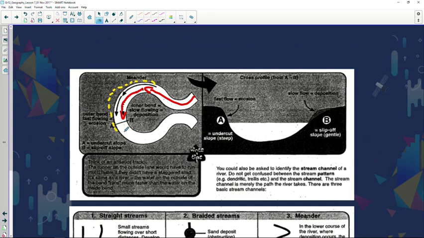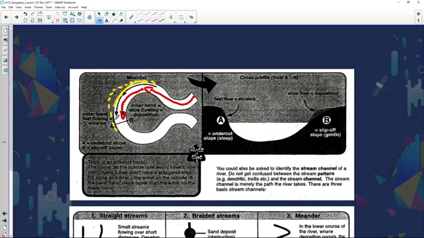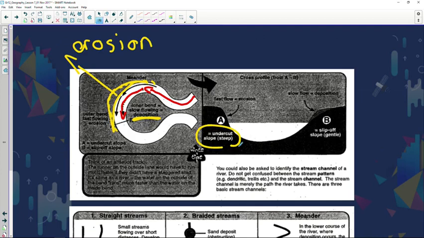And by now you should know, you've learned in grade 10, that water is an agent of erosion. So what's going to happen to this outer bend of the river? What do you think is going to take place? Erosion. And what's going to happen to the inner bend? All of the material that's been eroded over there is going to be deposited on the inside bend. And these two slopes we identify as the undercut slope, the steep slope, and the slip-off slope, where deposition takes